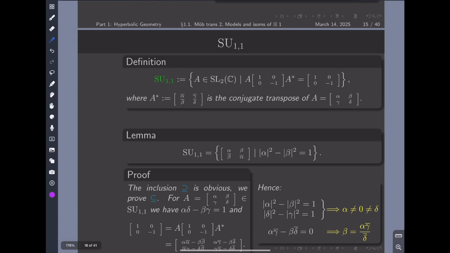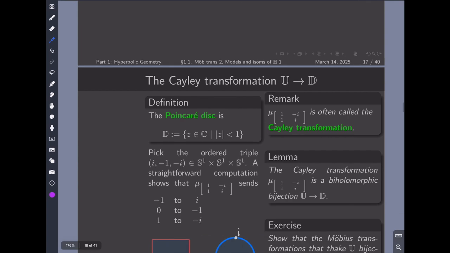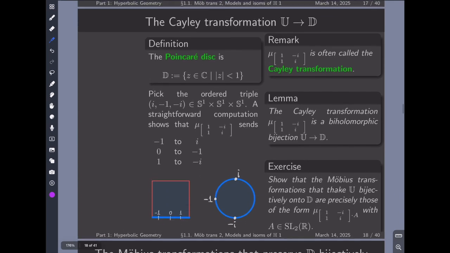I'm just going to say that. Look, this equality is just saying that given a matrix of this form, alpha, beta conjugate, alpha conjugate, its determinant is 1. So I already told you why I'm interested in SU(1,1), and now